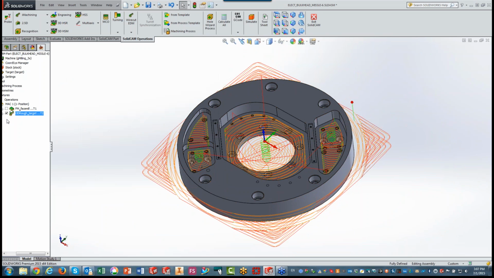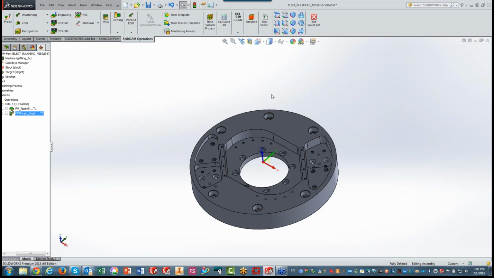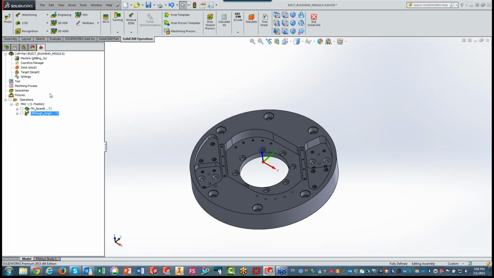Okay. Now what I'd like to do is start working on these holes. So a little bit about the hole wizard process. The hole wizard process is actually based on a machining process, which is automatically installed with the program. That machining process is installed in the program, so you don't have to worry about creating one. It's there already. Now, how does it know what machining process to use for this? Well,